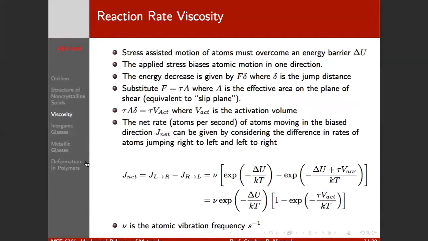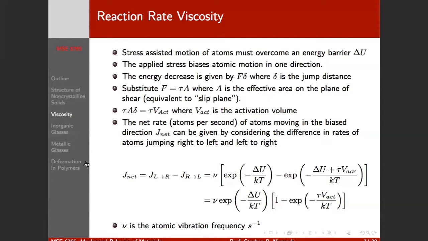So we have a stress-assisted motion of atoms and the activation of the shear transformation zone, right? We have to overcome an energy barrier, right? Our applied stress is going to bias motion in one direction, right? Just like diffusion down the gradient, right? Our atomic jumps are random if we don't have a concentration gradient, but if we do have a concentration gradient, we have a flux, right? The same way here, our stress is going to bias our atomic motion in the direction that relieves the stress rather than increases the shear stress,